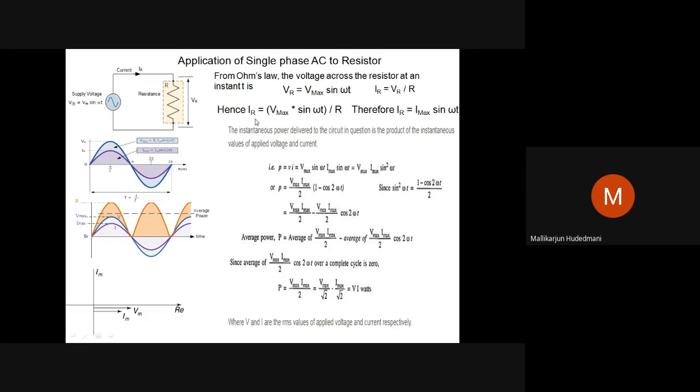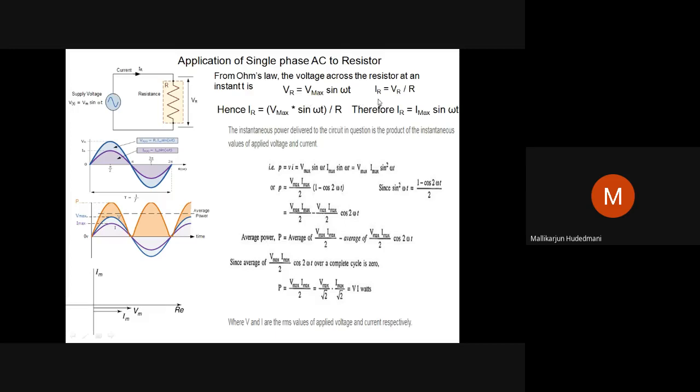Then if I want to plot these two waveforms, look at the diagram. This diagram shows the scale. On the vertical axis, I have current scale and voltage scale. Along the x-axis, I have omega t or time scale. Then I draw one sinusoidally varying quantity, which is Vm sin omega t, in the top line. You can see here it makes one complete cycle over a 2 pi duration: 0 to pi the first half, pi to 2 pi the second half.